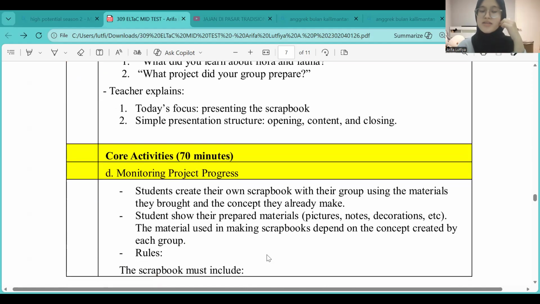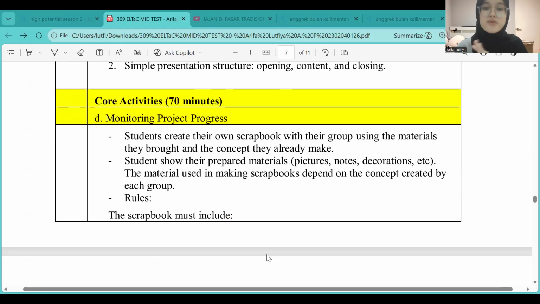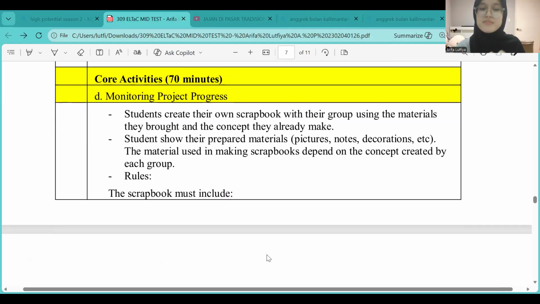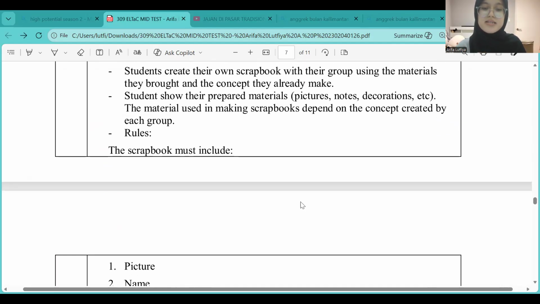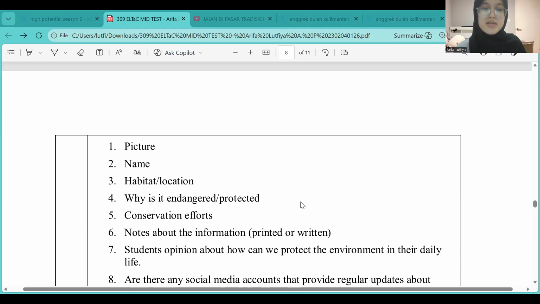For the core activities, the first one is monitoring project progress. So students create their own scrapbook with their group using the materials they brought and the concept they already made. So each group must be different because they have different concepts, right? And students show their prepared materials. The material used in making the scrapbook depends on the concept created by each group. And we have rules too. So the scrapbook must include, as I said earlier in the first meeting,